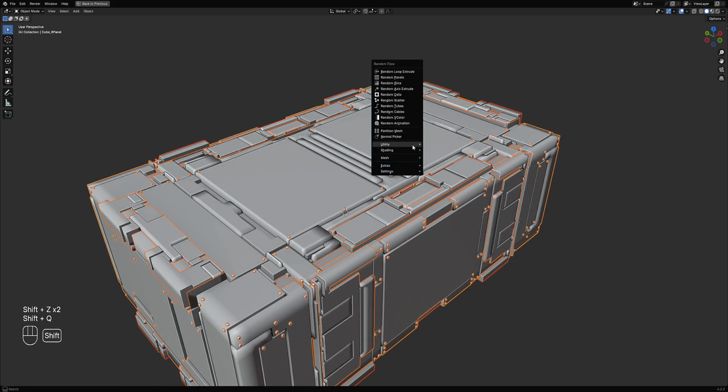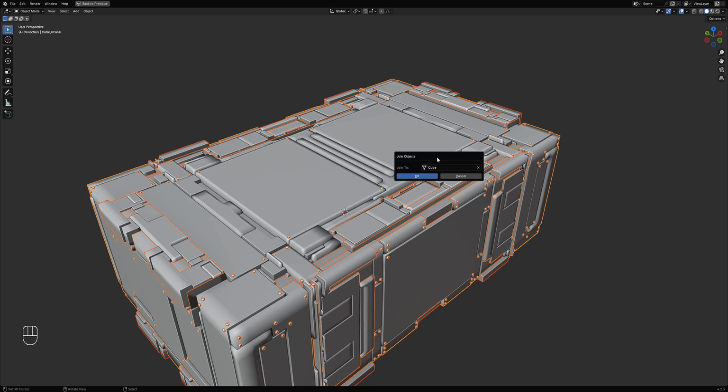And then we're going to join them as a single object, or merge them as a single object, using join objects. This is not Boolean union. This is basically just using Control J, but with the added effect of adding the joined objects as